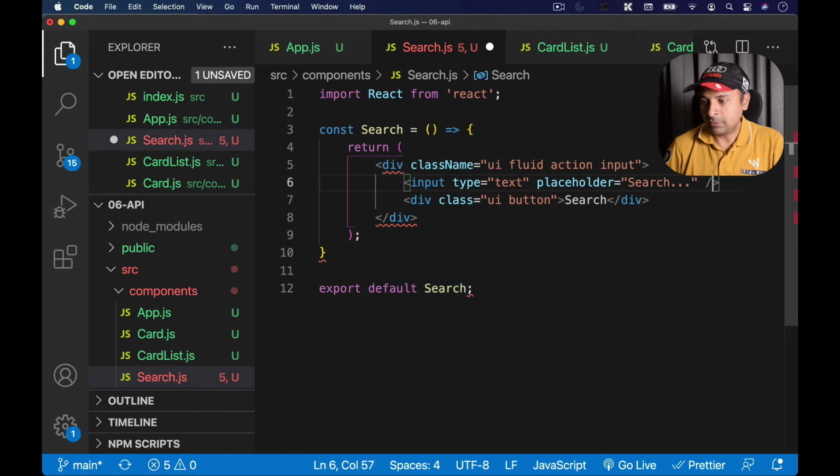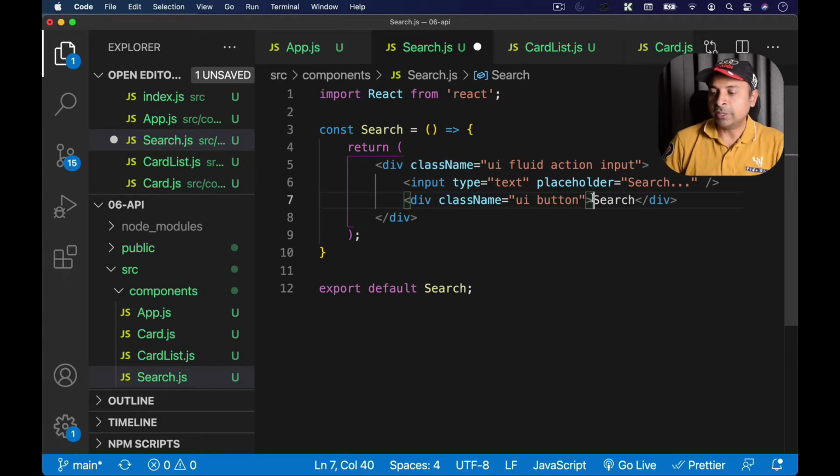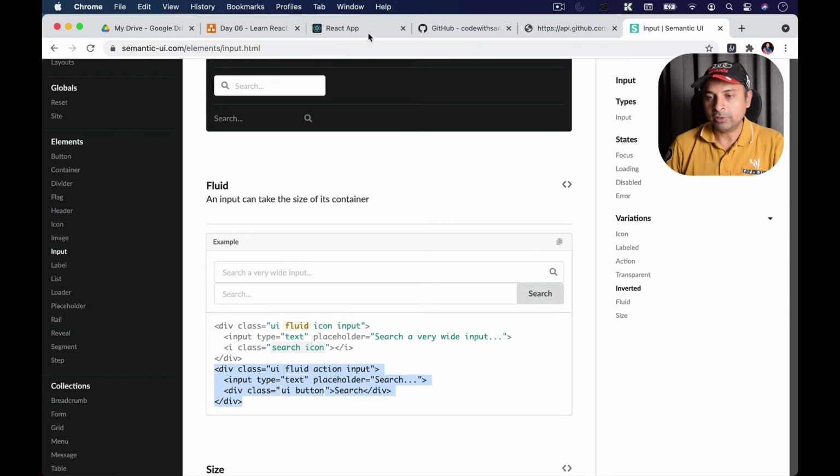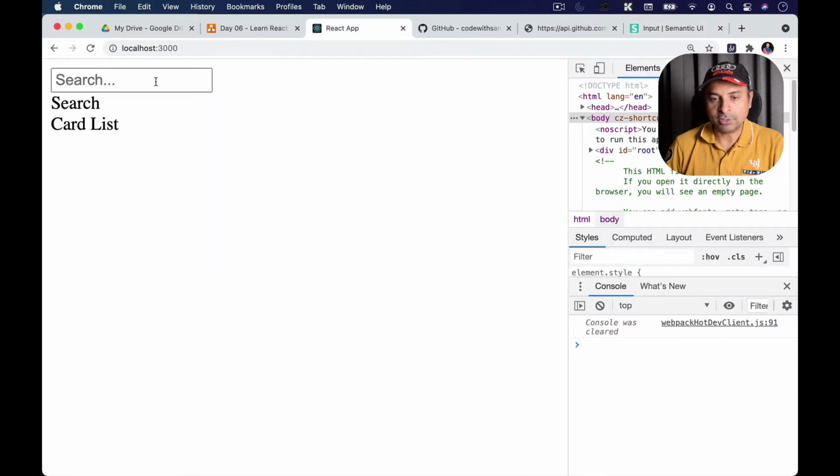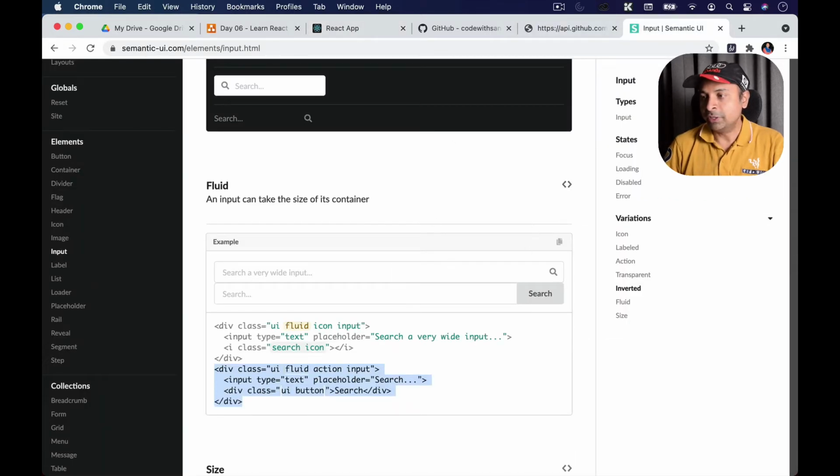This is okay. We'll have this one here, and let's replace this with the class name. So we have all the styles in place, right? This search text. So now if I save and go back to my application, if it auto refreshes, we can see that search, but obviously we can't see exactly how it is here, because we need to import